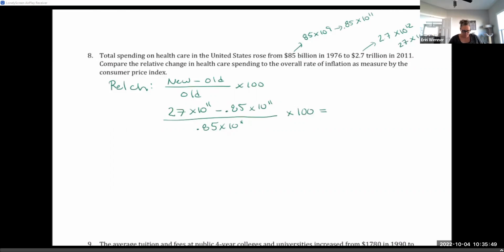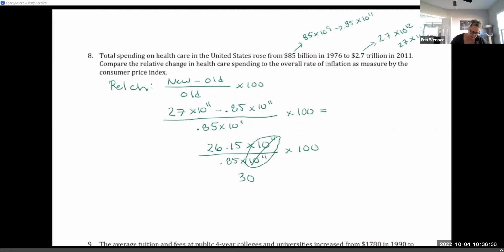So how does this help us? The 10 to the 11th in the numerator and 10 to the 11th in the denominator end up canceling out. What I'm saying is 27 minus 0.85 gives us 26.15 times 10 to the 11th, and we're dividing that by 0.85 times 10 to the 11th. Because this is over multiplication, I can cancel those. And we're doing 26.15 divided by 0.85,